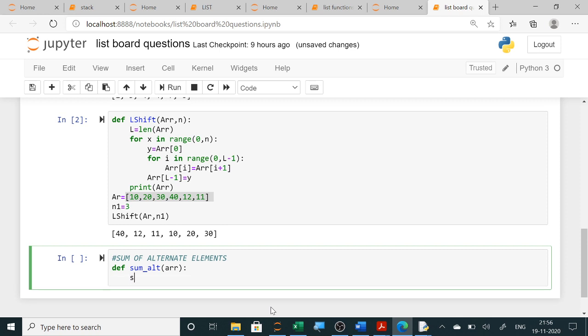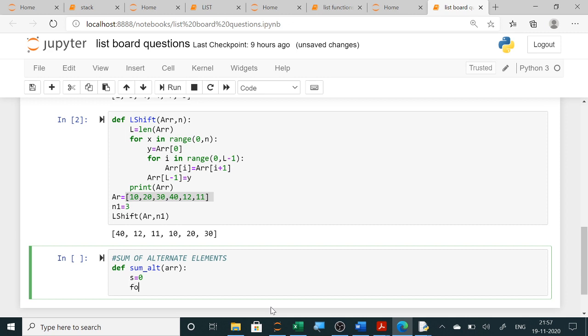Now for the sum I will use a variable, sum equals 0, and then a for loop: for x in range. From 0, which is the default, and the last is len of array. So I am using the function len. Now you simply have to add 2, because alternate elements means one element you have to skip.